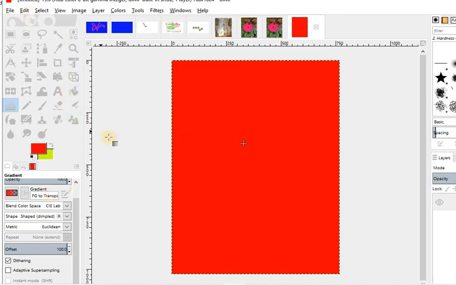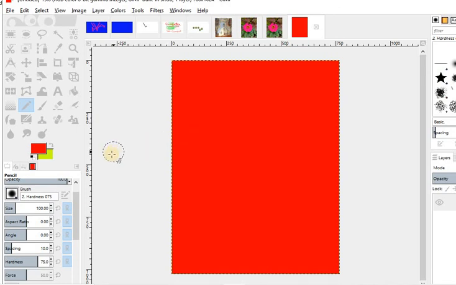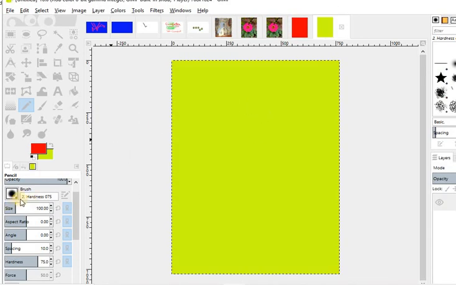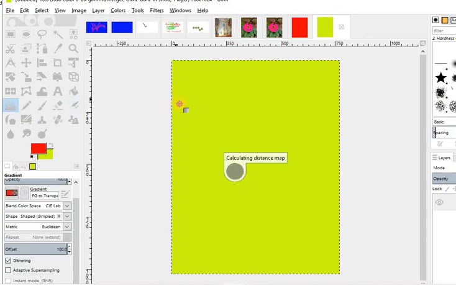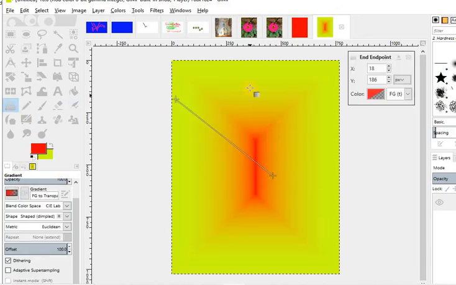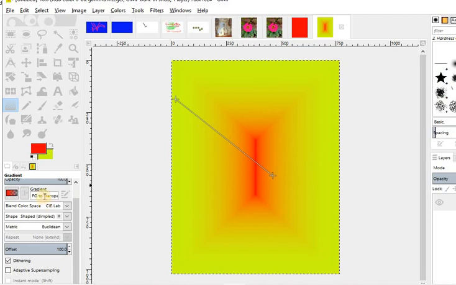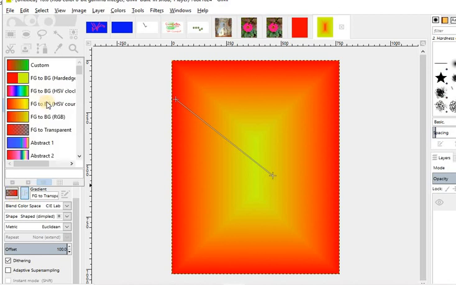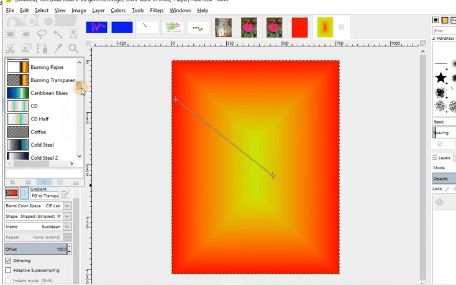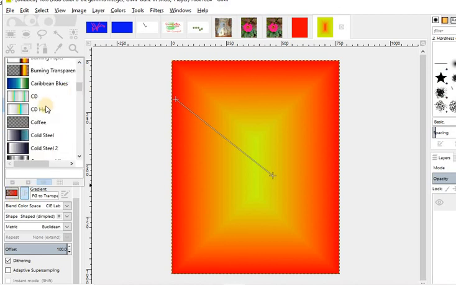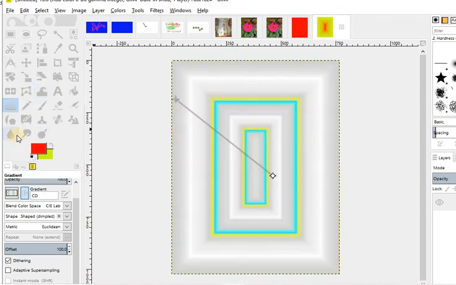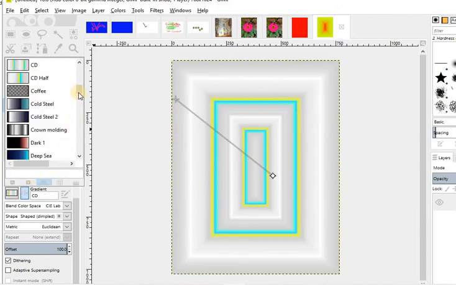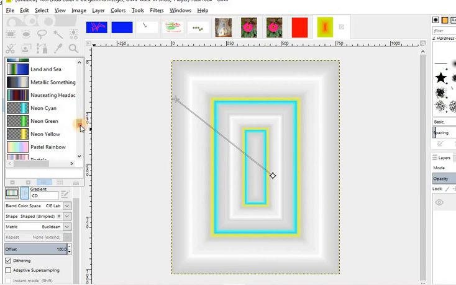Just 1 second. Okay, so here we have multiple options we can use. We can create a CD, a spiral also we have here.